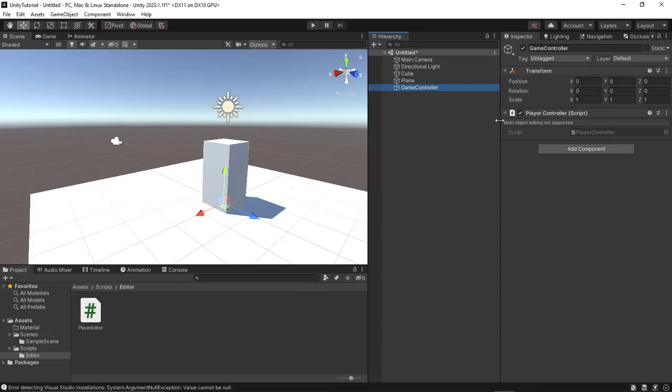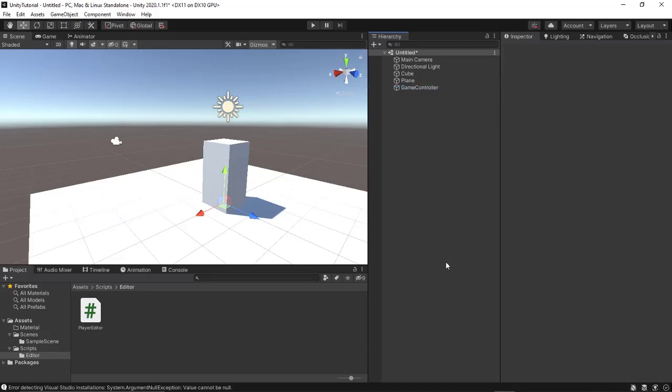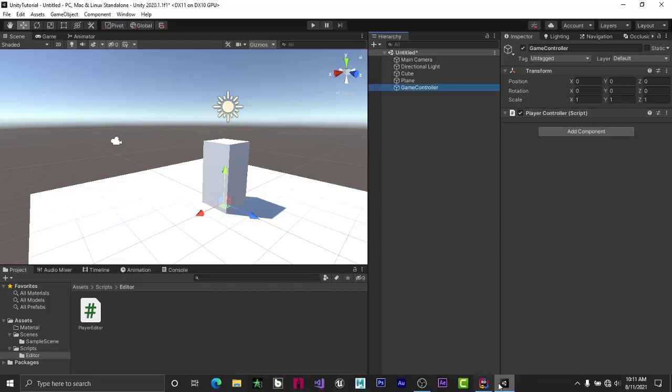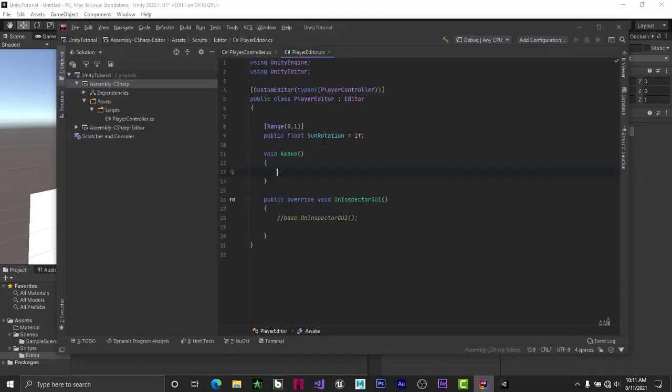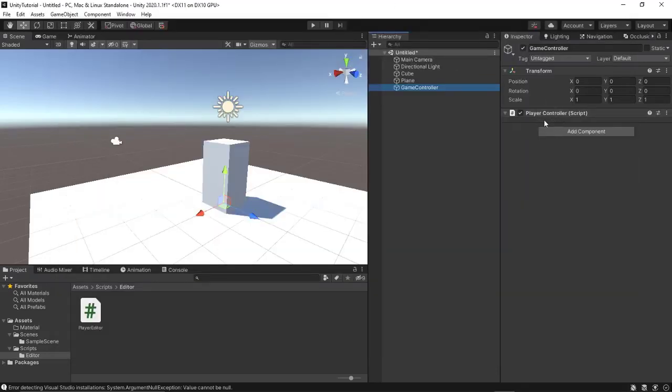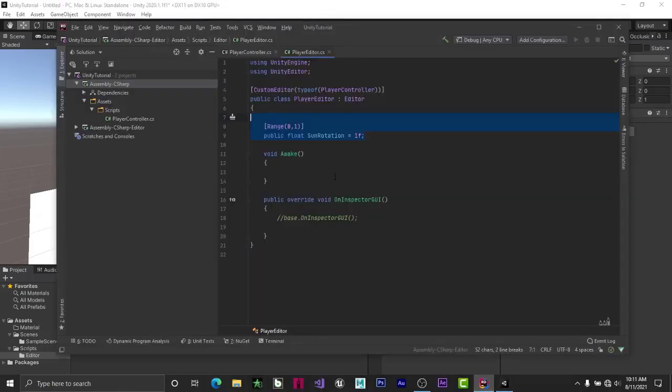Now, as you can see, there's a "multi-object editing not supported" message, just because of the way of synchronizing this stuff and updating it. So just unselect it and select it again. You won't be able to see your sliders, but go back into the editor. Every time we're creating this, you won't see it in the inspector. As you can see, because we have possessed this player controller, all the scripts that we're writing are